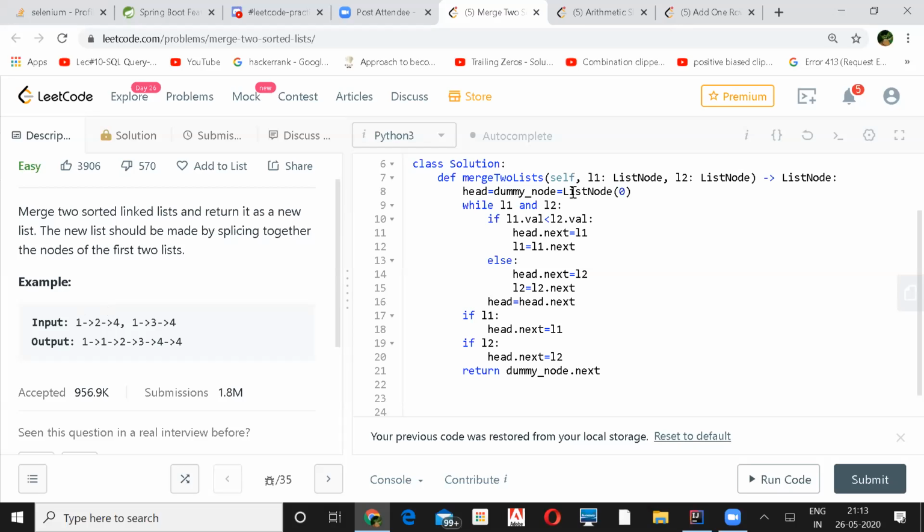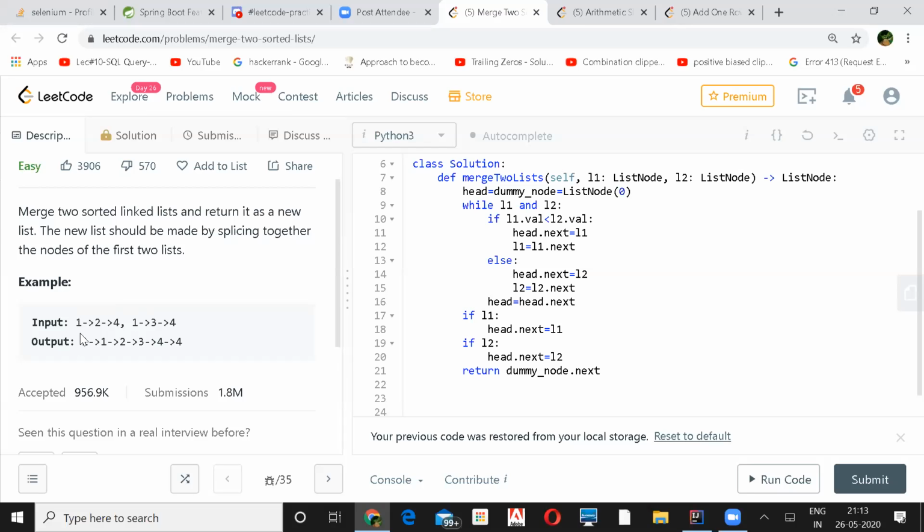But without using that, here itself, like 1 is less than 2, so between 1 and 2 I'll put 1 here. That would be complex, right? That's what Santosh mentioned, that if you don't want to go with the dummy node, then you can just use the head and initialize with that, whether the first value will come from L1 or L2. L2, yeah. Yeah.